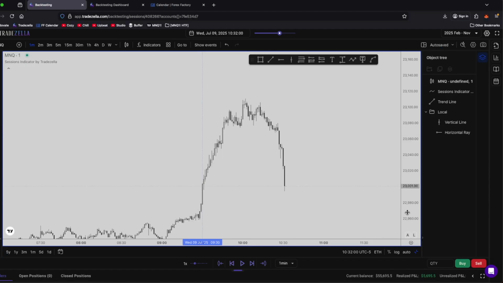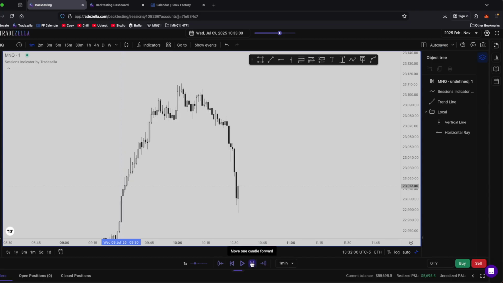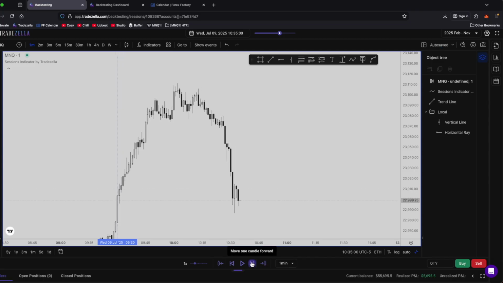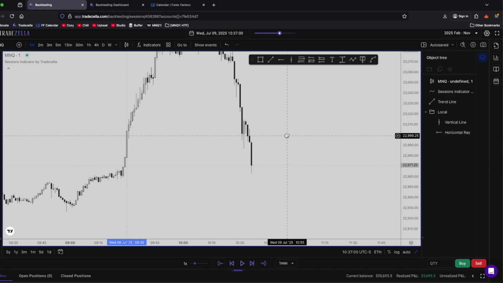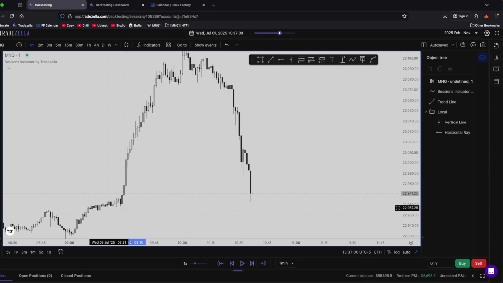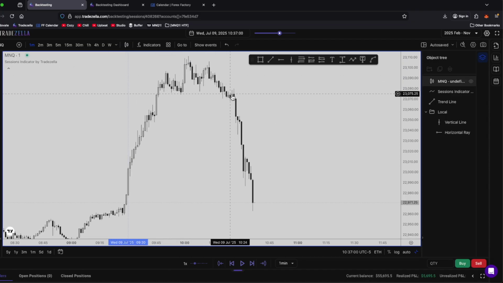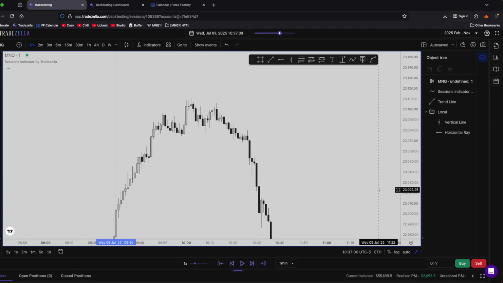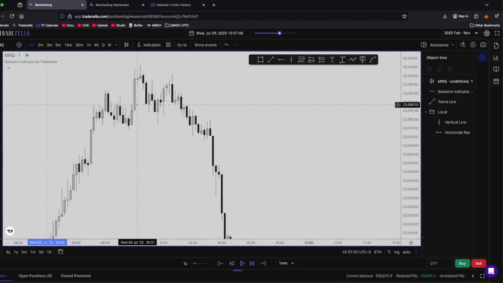So here's the short playing out. All right, retracing down into discount. When we get moves like this, they can roll over and then just create super low resistance, run back down into the consolidation that formed them. So ultimately, the short was a good short. I didn't even check to see if there was SMT. Possible I could have been stopped out, but